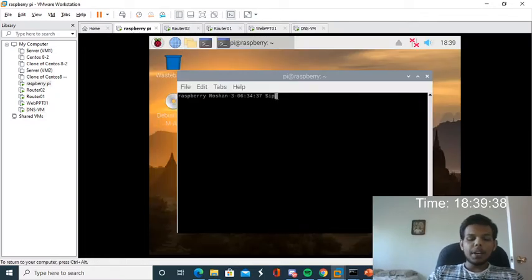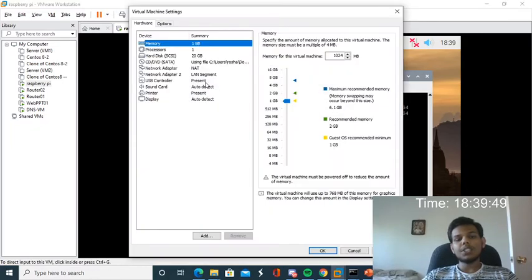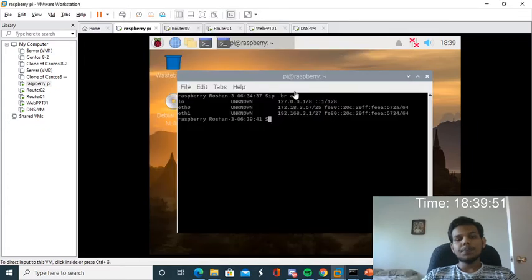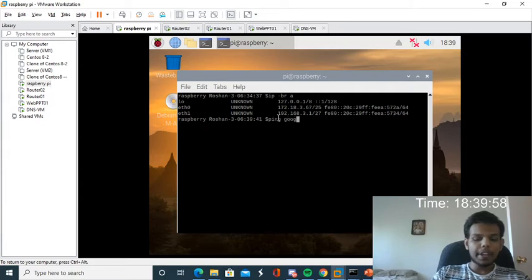In Raspberry Pi, for me, the IP address is 172.18.3.67/25 as mentioned. If I click settings, it is connected to NAT and LAN segment 1. So inside my Raspberry Pi, now I'm trying to ping google.com. If I type ping google.com, it works.